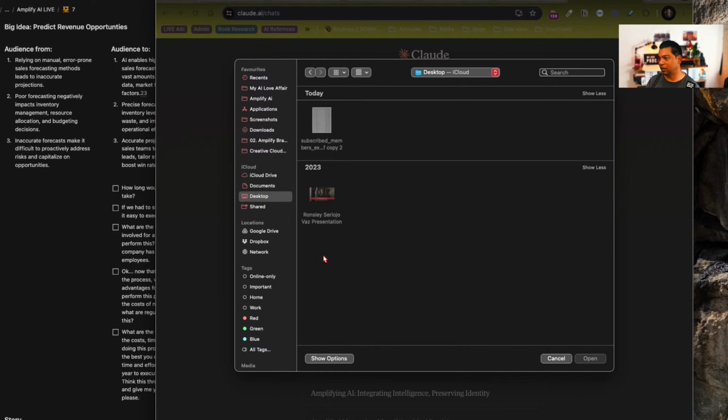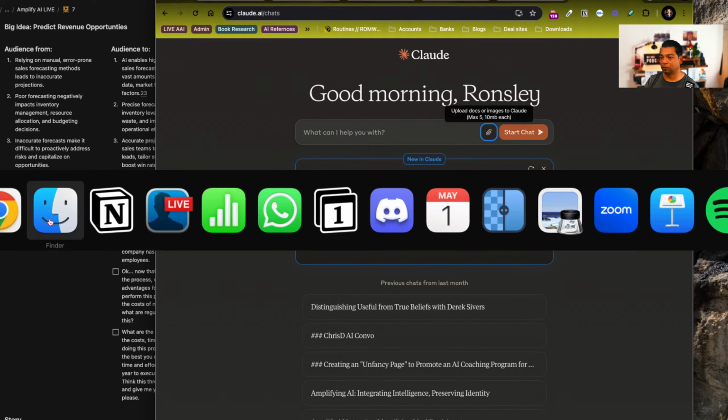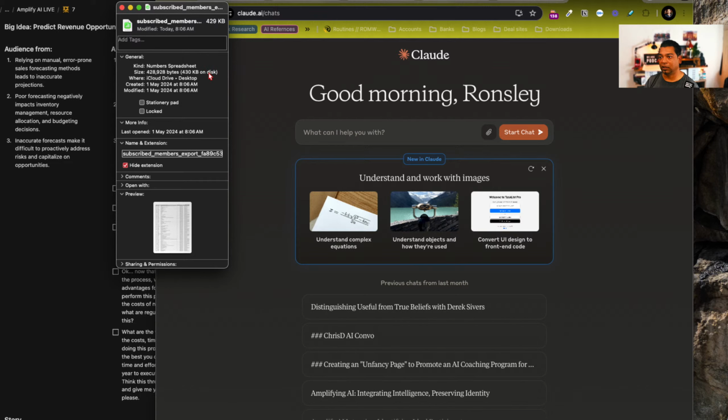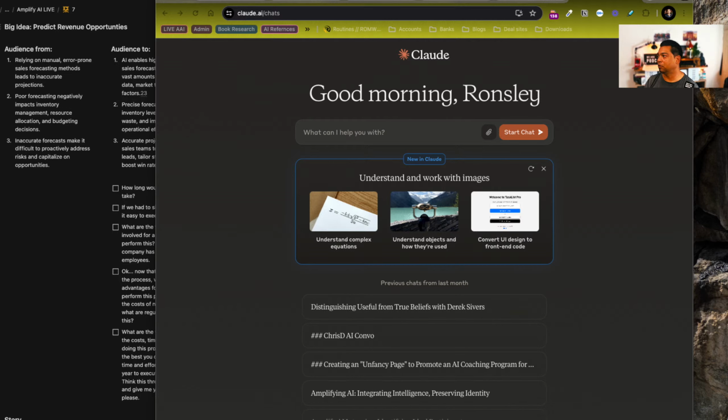I wonder what I saved that as. So give me a sec, people, while I figure this out in real time. Desktop has a folder and a file. Oh, it is a spreadsheet. So I don't want it to be a spreadsheet. I want it to be